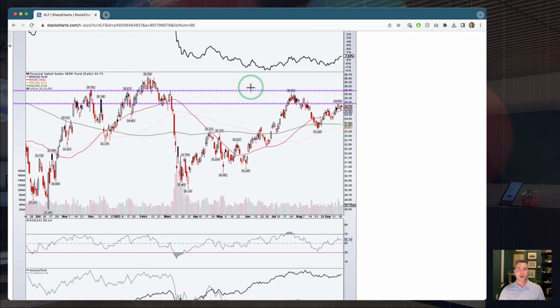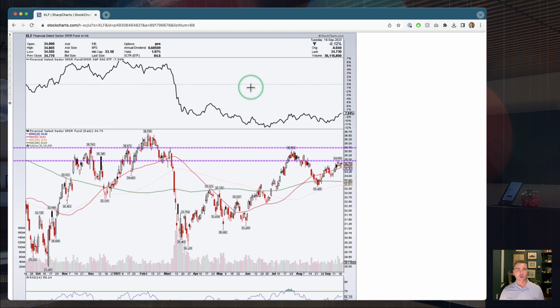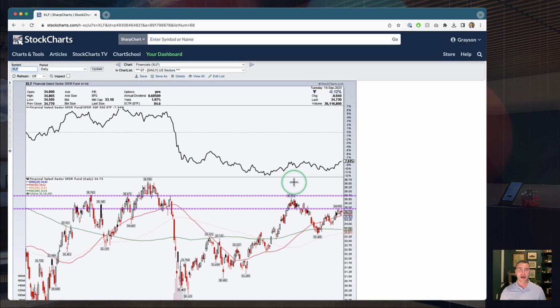For each one, I can pause and study that sector with the same set of indicators, and study how it's performing relative to the S&P 500, how it's moving on price alone, different factors like that. So again, this is a chart list that I like to come back to every single week, something that I like to spend a lot of time with. And for things like that, where you're really watching things evolve over time,